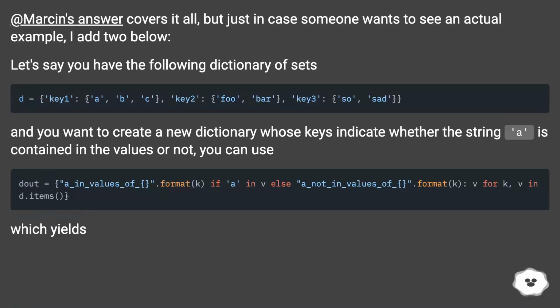Muchin's answer covers it all, but just in case someone wants to see an actual example, I add two below. Let's say you have the following dictionary of sets, and you want to create a new dictionary whose keys indicate whether the string is contained in the values or not. You can use this, which yields: